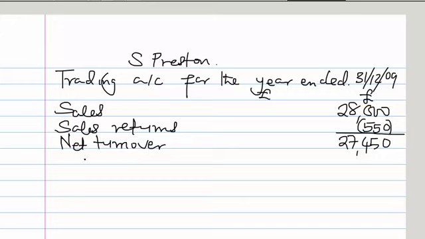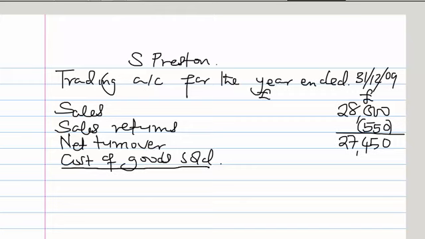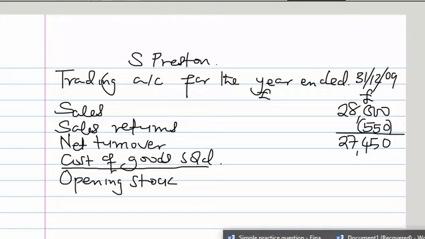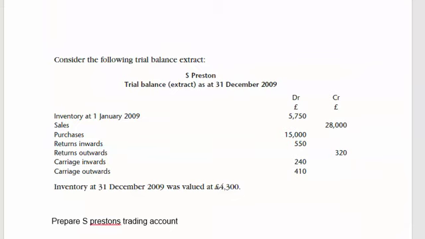Okay. After you calculate your net turnover, you want to calculate what's known as your cost of goods sold. So you've calculated how much you sold, but what was the cost of those goods that you sold? To calculate your cost of goods sold, you start with your opening stock. How much goods did you have when you were starting the year? And opening stock is also known as inventory. So if you look at the beginning of